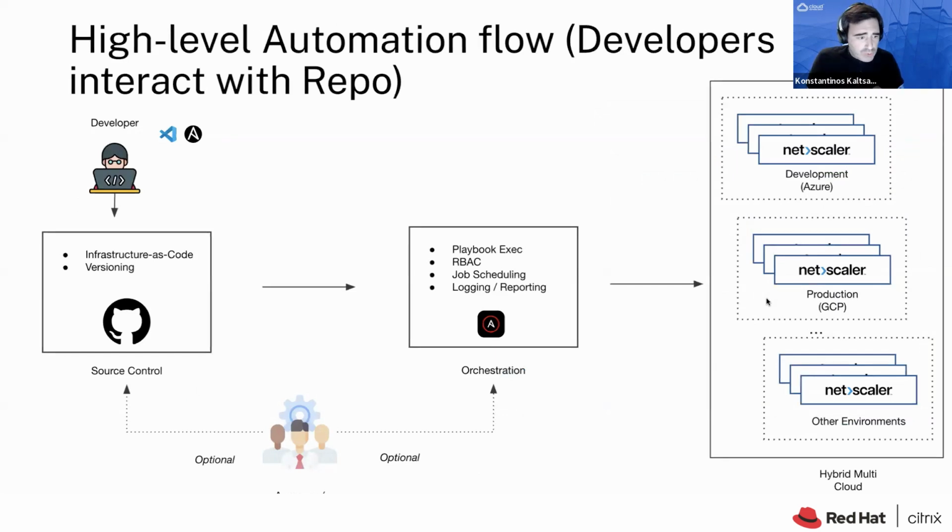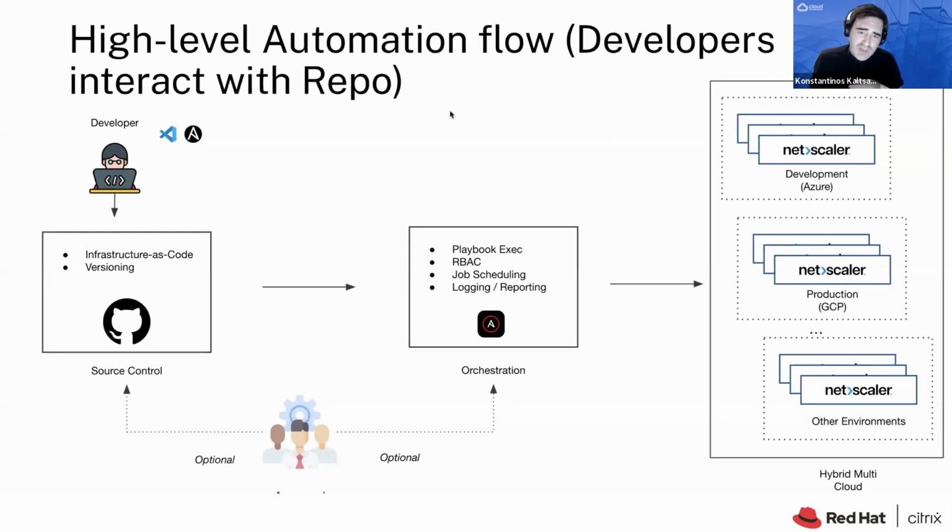And how are we going to do that? Through the Ansible automation platform. This is, at high level, the automation flow that we are going to use. So basically, a developer, a network engineer, the automation team, or a DevOps engineer is writing the playbook in the form of infrastructure as code. They are using Ansible. They are storing the playbook on GitHub so that they can have all the benefits like versioning and things like that.